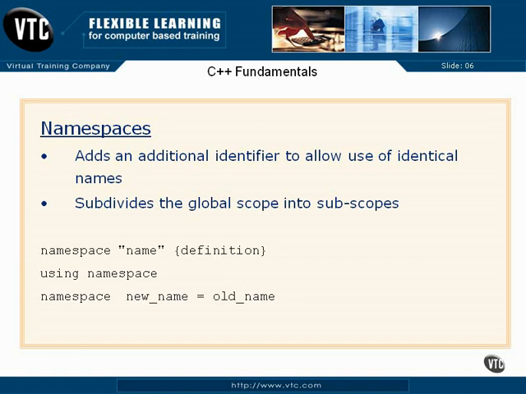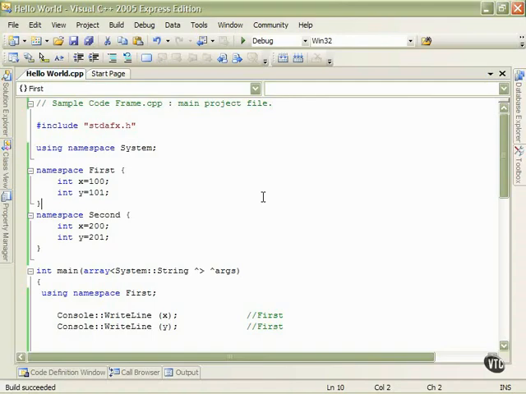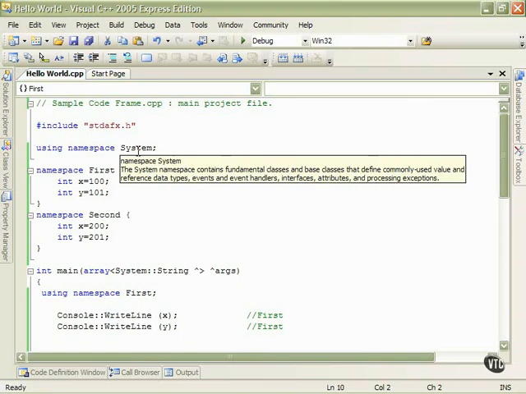The old namespace might be really long and drawn out, so you can give it a shorter name, making it a little easier to write your code later on. Let's take a look quickly at an example. Here we're using a namespace called system, and you can see that our compiler, Visual C++, gives us some information about what the system namespace has in it,